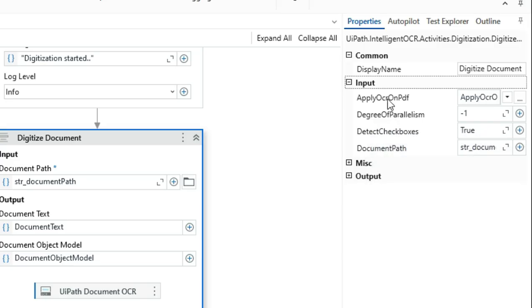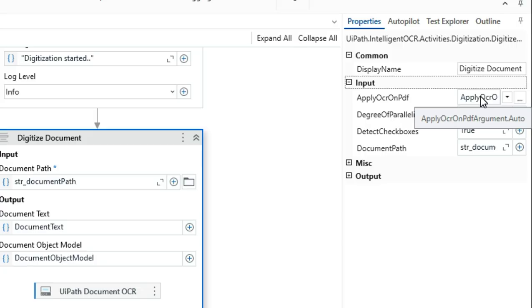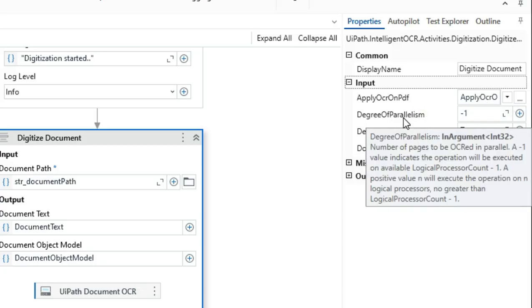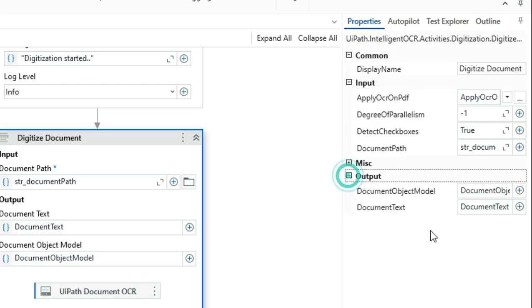Apply OCR on PDF is set to Auto by default. Degree of Parallelism is by default set to -1. Detect Checkboxes is by default set to true. And the document path you need to pass, which we are passing. Now going to output, we have Document Object Model and Document Text. Now let's understand this one by one.